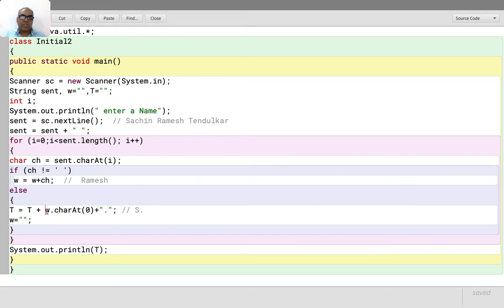Ramesh is a word in W. Character at 0 is definitely R, followed by dot. Previous value is already S dot, plus R dot will make S dot R dot. Immediately after this it is going to be blanked out, gone. Loop will take me back here to read